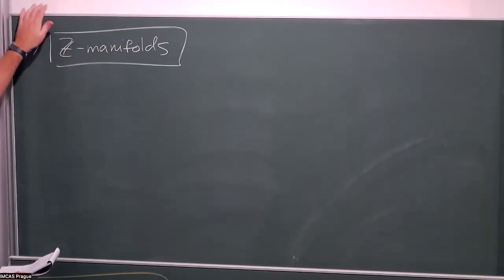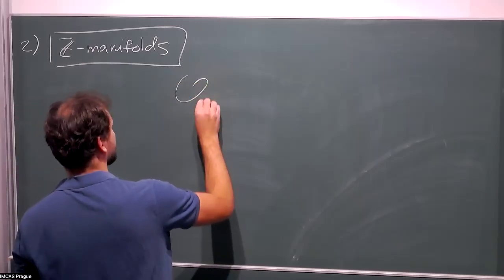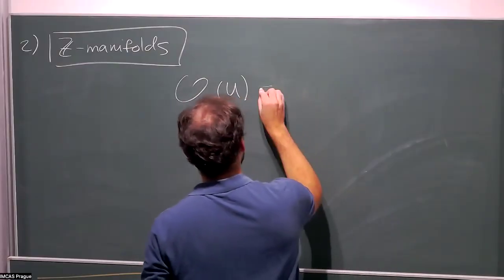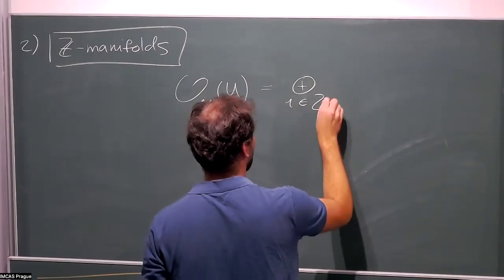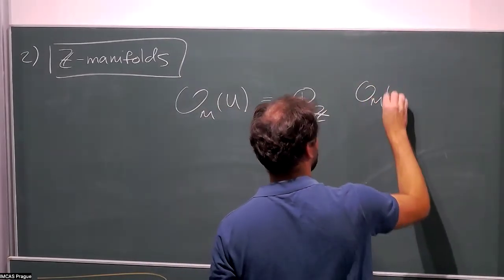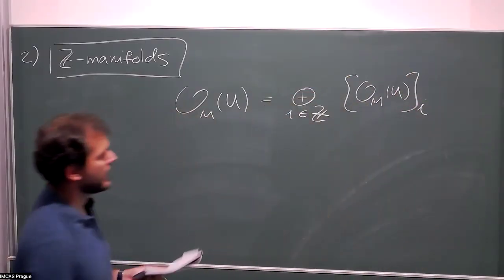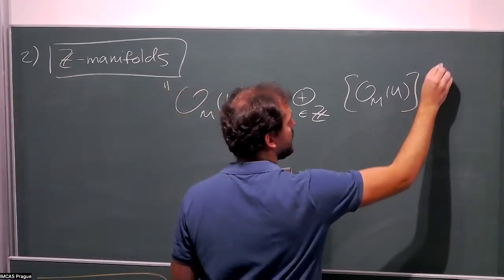Now, if we want to have a Z grading here, we would like the sheaf to be, again, a direct sum, but over all integers of some. Like this. Okay, I'm going to put this into quotation marks